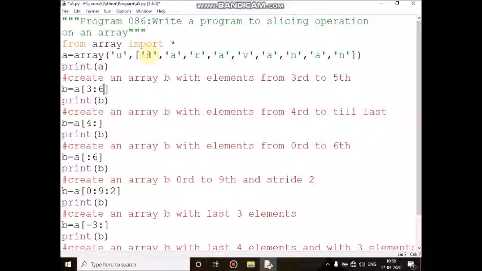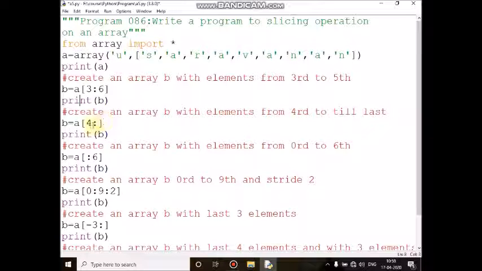So third means A of 0, 1, 2, 3. Third, 4th, 5th. This way you can create the B array AVA. If you print, you will get the B array element as AVA.